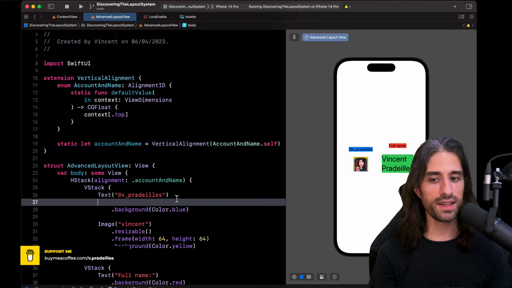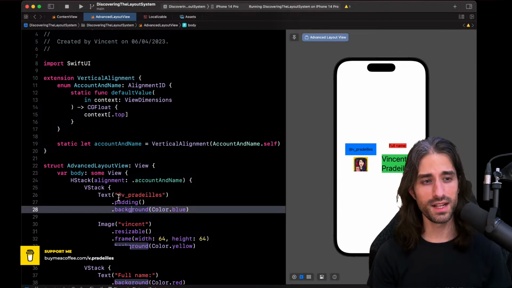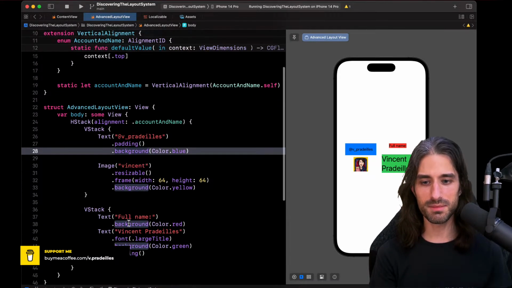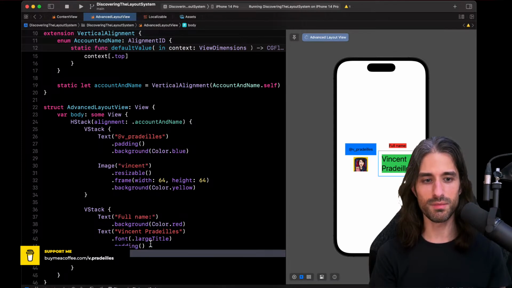But on the other hand, if you put padding first, then the padding is added, and then what gets colored is the background of both the padding and the text. So the order of the modifiers has an importance, especially when you are using modifiers that modify the intrinsic size of the view. Let me make the same change. So here it will make it easier to follow.